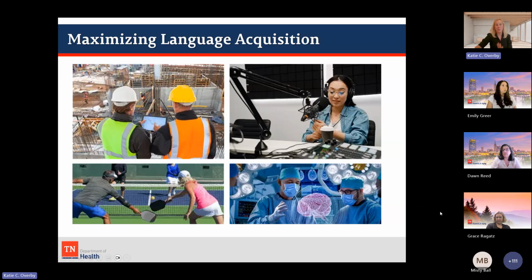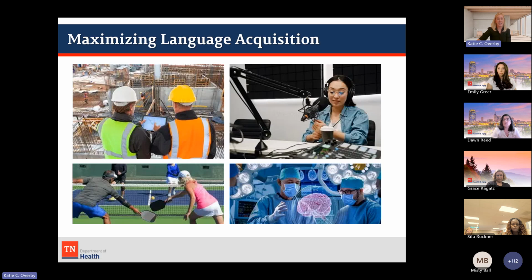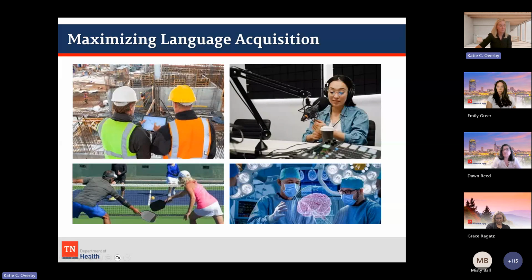So on the screen, there are 4 pictures, and there are 4 other careers on here. And I know you guys are already thinking, we already wear a lot of hats and we don't need to do any other jobs, but we're going to add 4 more jobs to your profile today. So the first one, the top left, are builders, and we kind of think of them as laying the foundation, which is what we need to do with children who are deaf and hard of hearing. The next one on the top right is a radio show host or a DJ, in front of a microphone.